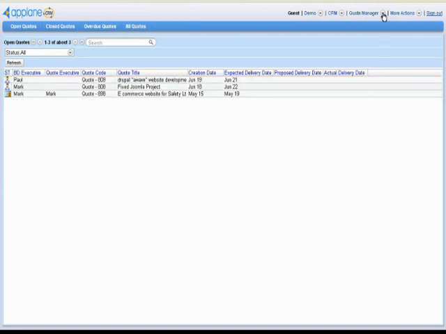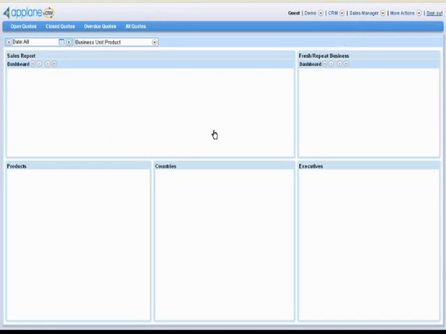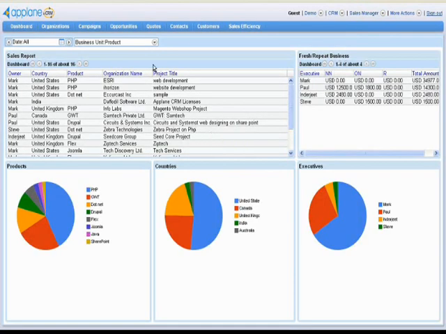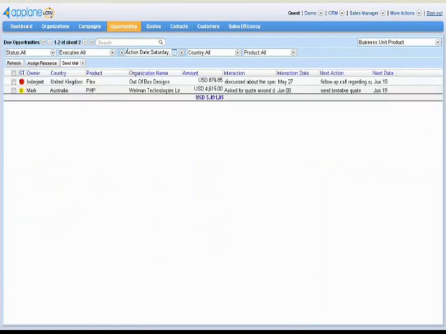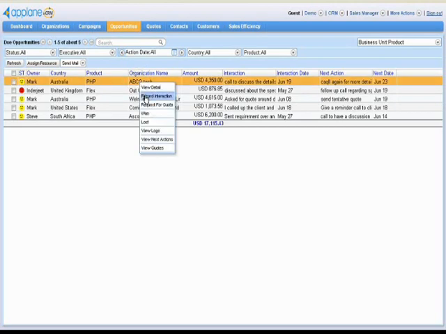This brings us to the last step of the sales cycle, where we will close the deal. For this, we need to go to the Sales Manager role by logging in using the Sales Manager user credentials. After we get a go-ahead from the opportunity on the quote we provided, we go to Locked or Due Opportunity. From here, we select the Won option.